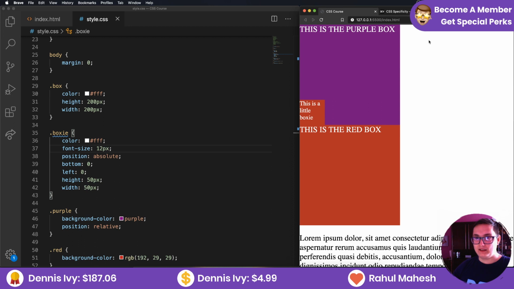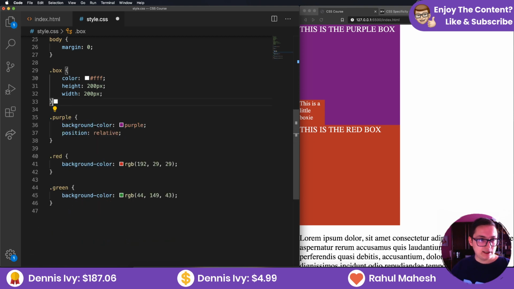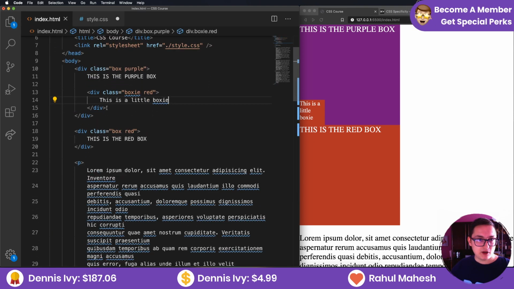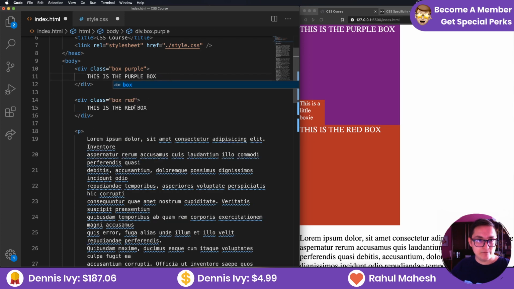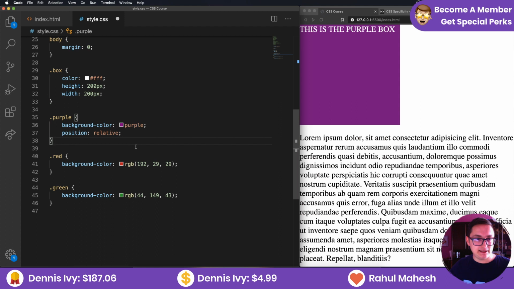Yeah, so now, let me think. You would also use position absolute, for example, if you want to have a slider and the slider has the buttons on the left and the right. You want them always to be there. Can you show sticky? Okay, let's show sticky. Let me remove the boxy. We don't need boxy anymore. Little boxy, bye-bye. And let's see what happens if we say position sticky now. So as I showed before,